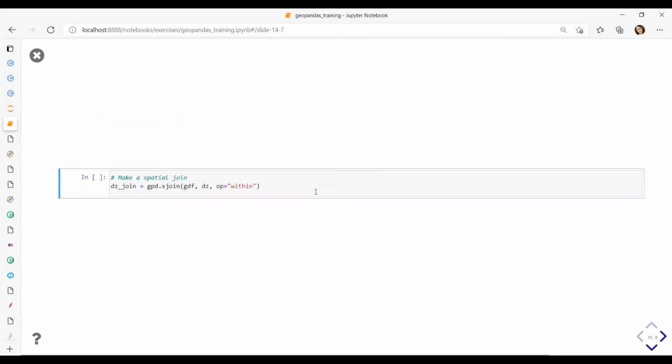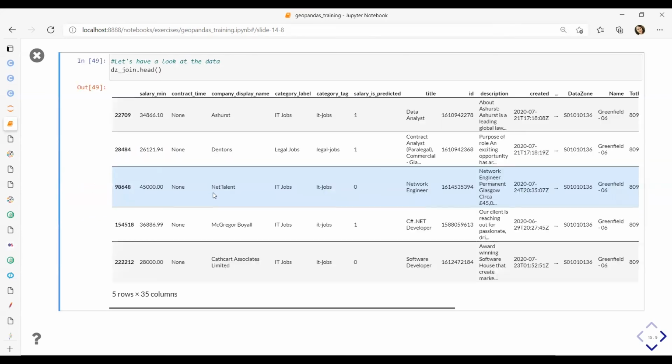So you see, this is the Glasgow boundary and small tiny polygons inside, which we're going to use in our analysis. What I want to do is make a spatial join again, but this time I'm going to use my Adzuna data and my data zones, assigning values of a data zone to every point of Adzuna job ads based on their location. The operation we are going to use for this is that the point should be within the polygon, fully within. Depending on the spec of your computer, it might take faster or longer, so be patient. Let's have a look at the data.